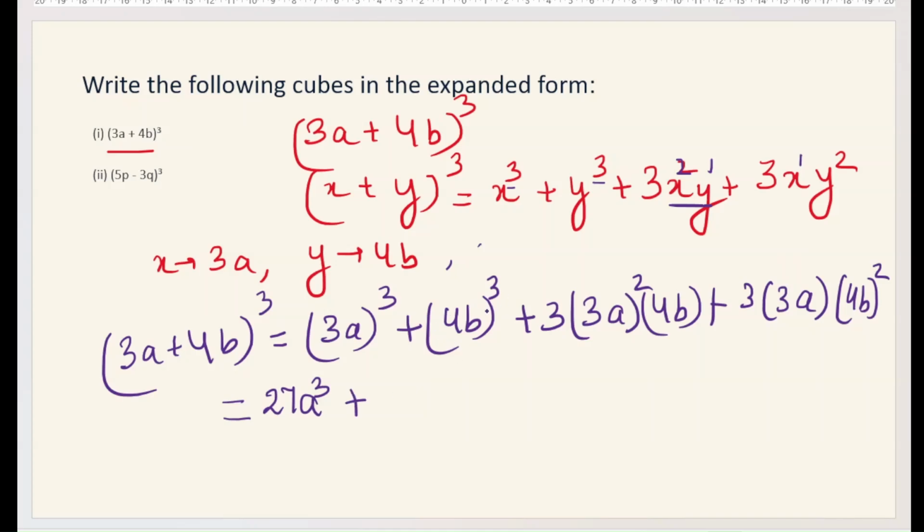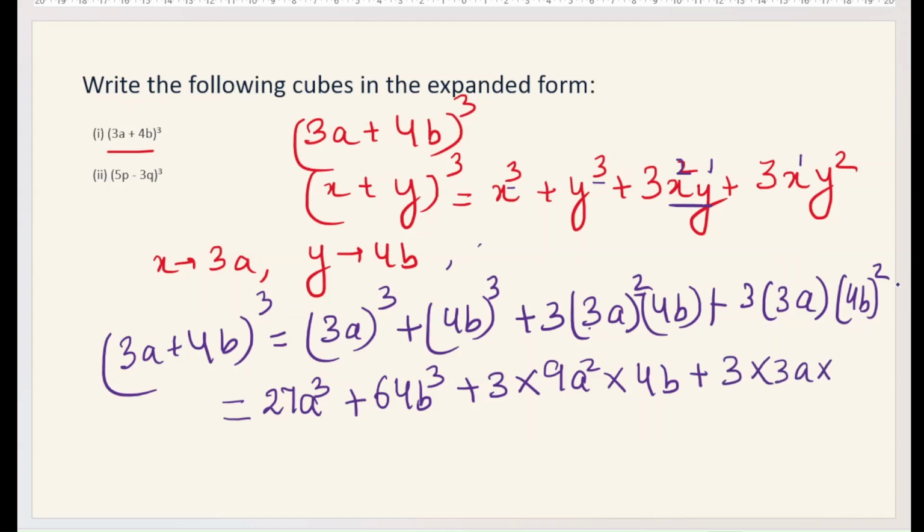So 4 multiplied by 4 multiplied by 4, that is 64b cube, plus 3 multiplied by 3 square, that is 9a square multiplied by 4b, plus 3 multiplied by 3a multiplied by 4b whole square. 4 square is 16, so 16b square. So that is equal to 27a cube plus 64b cube